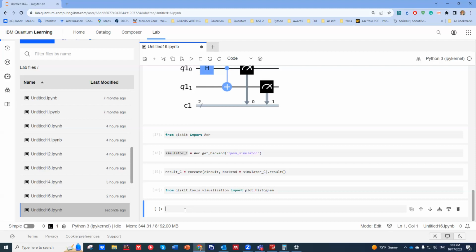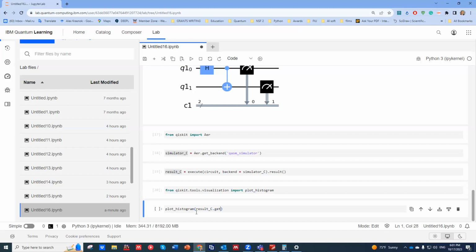Yes, and using this command plot_histogram with the result_C of the classical simulator,